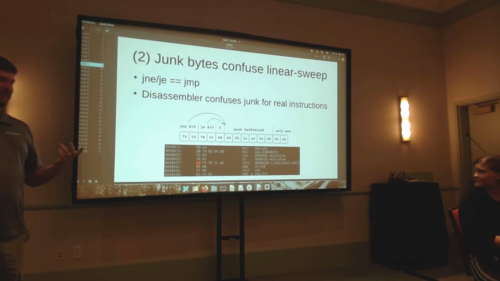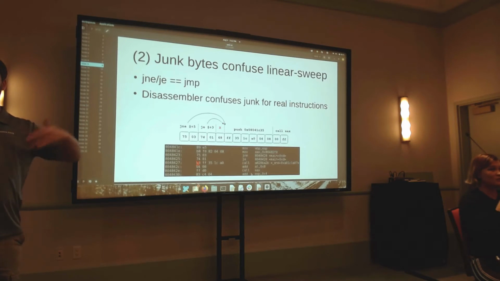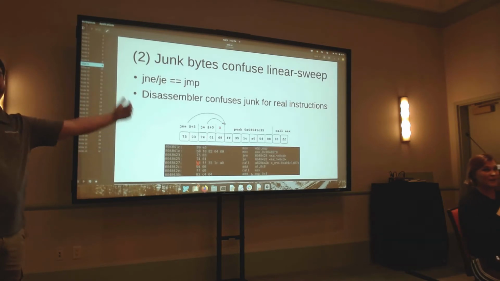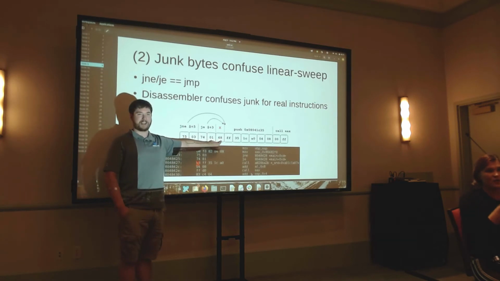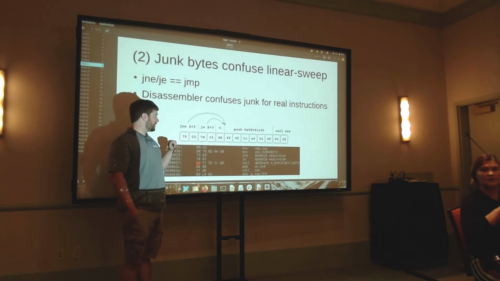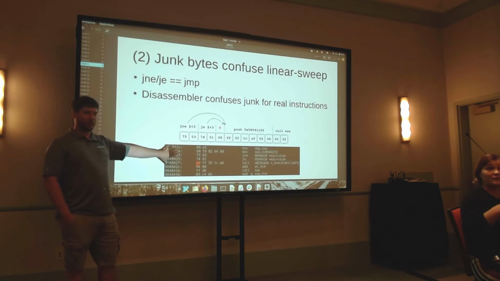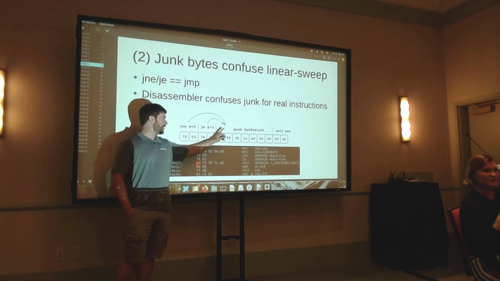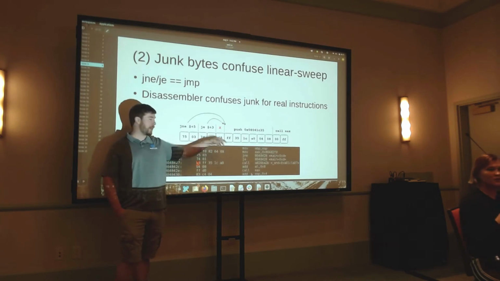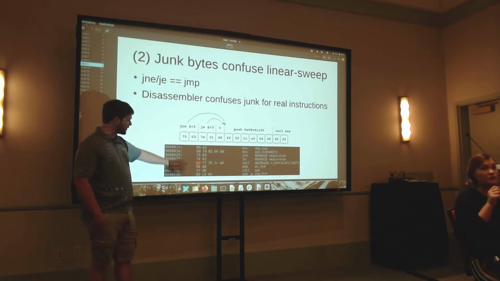It's guaranteed to jump, right? A JNE followed by a JE is guaranteed to reach that point. We will never execute this byte 68, but the reverse engineering tools don't know that, right? They can't infer that this series of instructions is guaranteed to always land here logically, so they just keep disassembling,